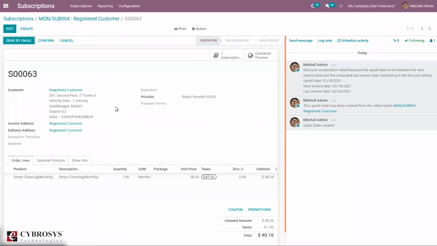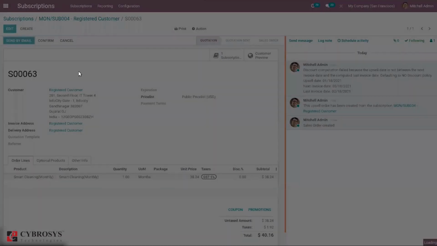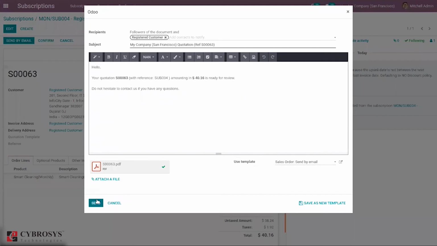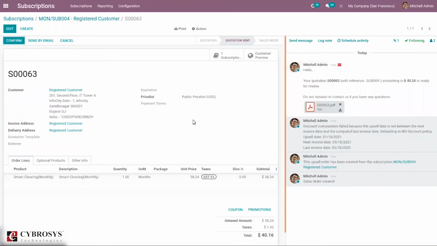So from here, it is possible to edit this quotation. So we can send this by mail to customers. So this opportunity is sent to customer. And you can see option that is customer preview.